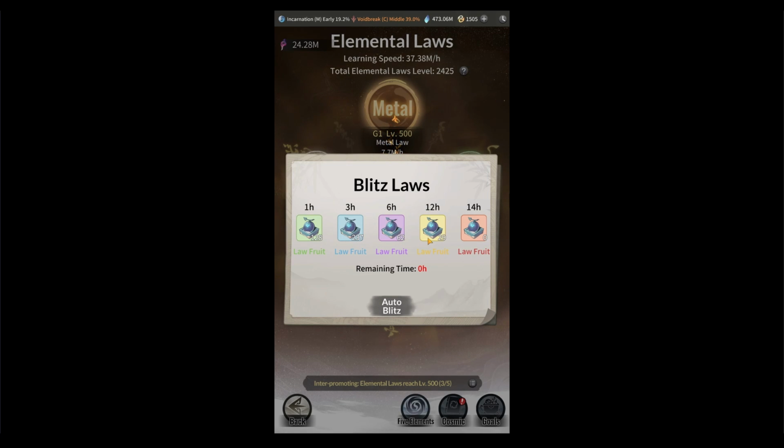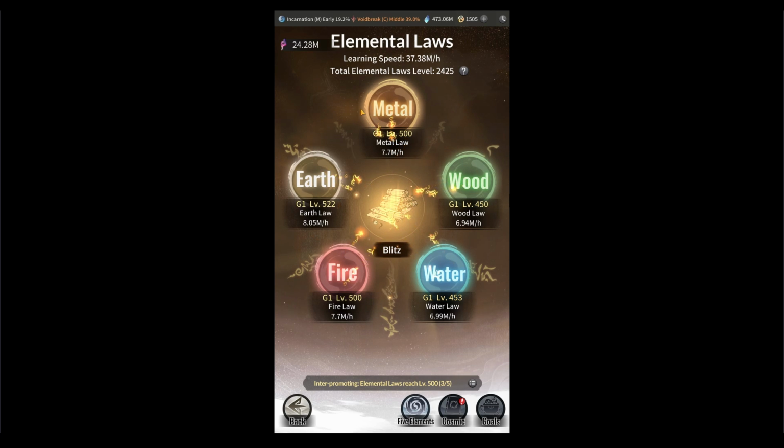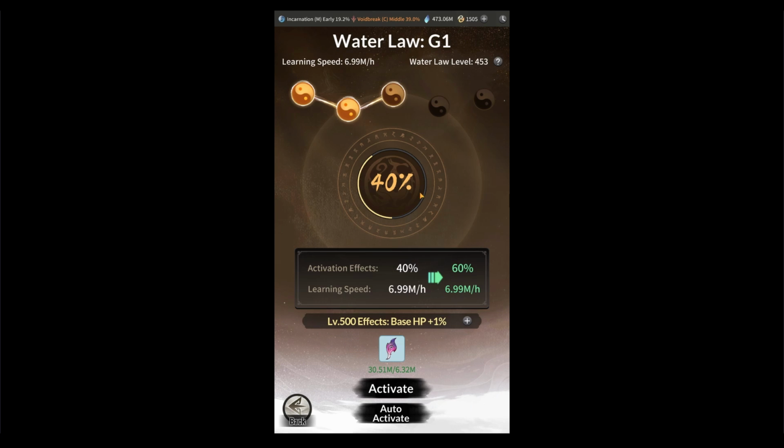So here's how you're going to manually blitz your laws. Once you log in for the day at reset, you will collect all of your passive income from your elemental law, and then you will click whichever one you're leveling. So if I'm leveling this one to 500 here with water, I'm going to auto activate, spend all of my law points,